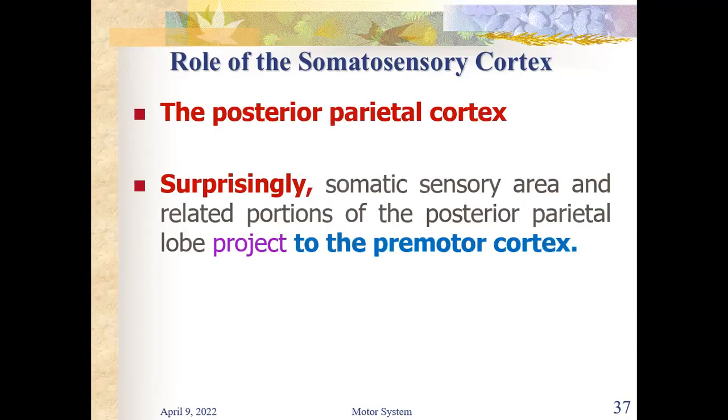So the somatosensory cortex, what is the role of the somatosensory cortex in movement? Remember, voluntary movement is a kind of integrated activity. It's not only the motor cortex that is responsible for movement. It is a kind of coordinated action that involves different parts of the brain. We have the somatosensory cortex, the premotor cortex, the prefrontal cortex, the cerebellum, the basal ganglia, the extrapyramidal tracts, the extrapyramidal nuclei as well. So the posterior parietal cortex, which is also known as the somatosensory cortex,